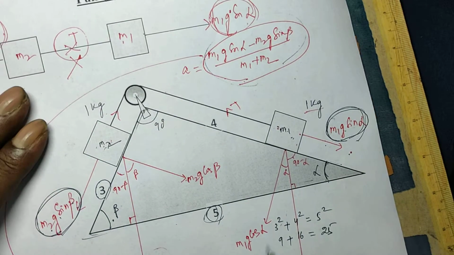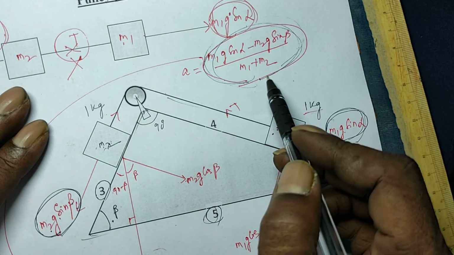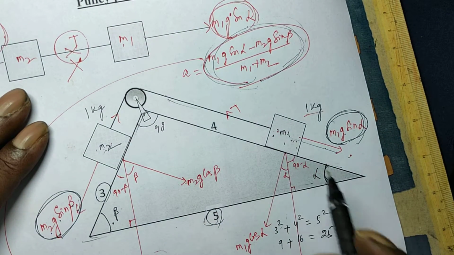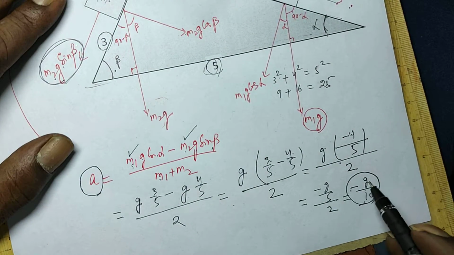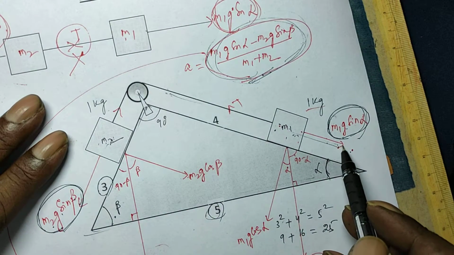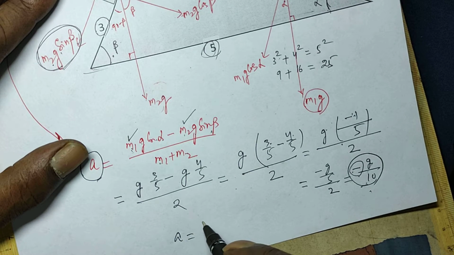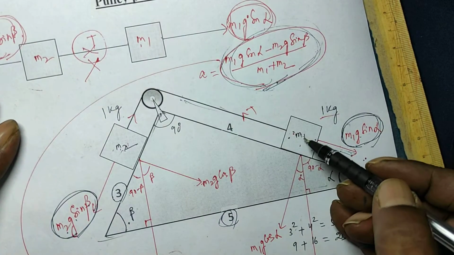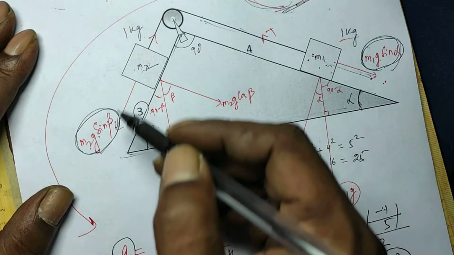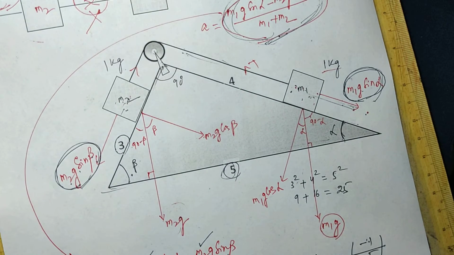Let me repeat: since I assumed this M1 is coming down and derived this expression, while putting the values I get acceleration as negative, minus g over 10. Therefore this is not coming down, this is moving up, that is the meaning of the negative sign. So your acceleration is equal to g over 10. g over 10 means this one is moving up with this acceleration, and this one is coming down with the same acceleration. Now to find the tension, you have to apply